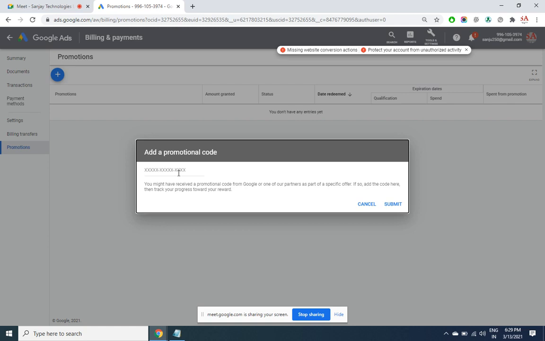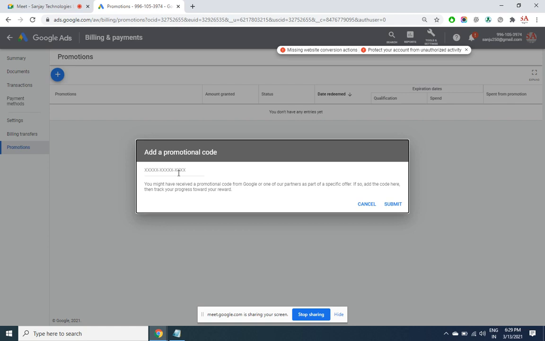Per AdWords account, per unique website, only you can use the promo code. Meaning, if you have got one client, only one promo code you can use for him. You have got say 3 websites, then 3 different AdWords accounts you need to open. In each of these AdWords accounts, you can use a promo code. So in simple words, per website up to 2000 rupees you will be getting in credit, but conditions apply.